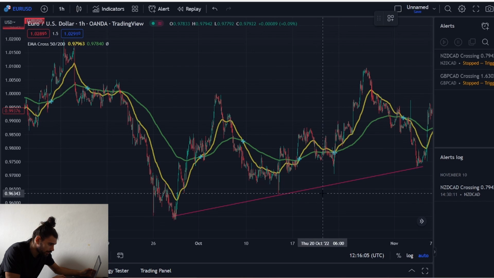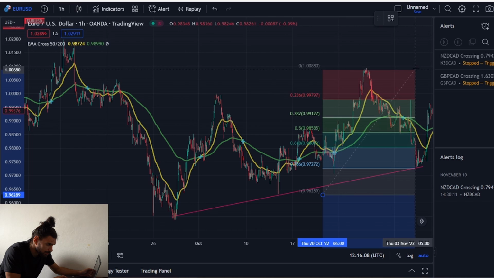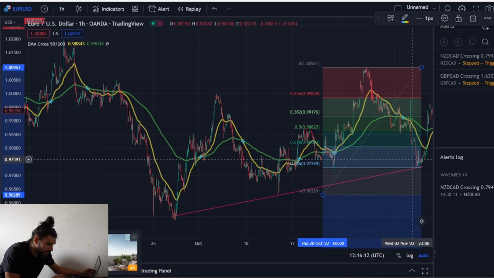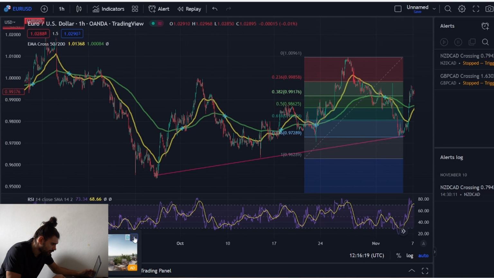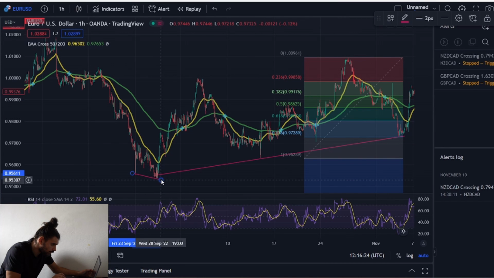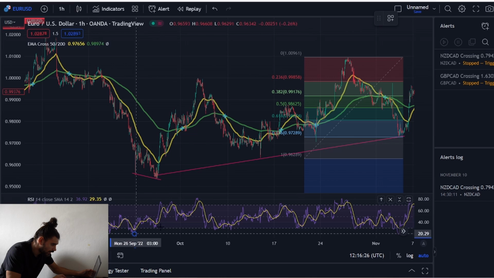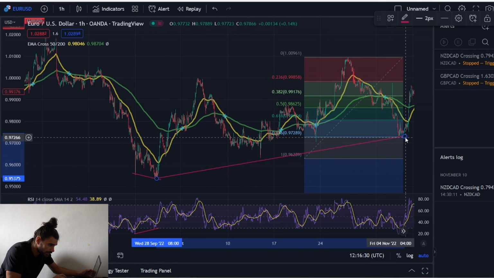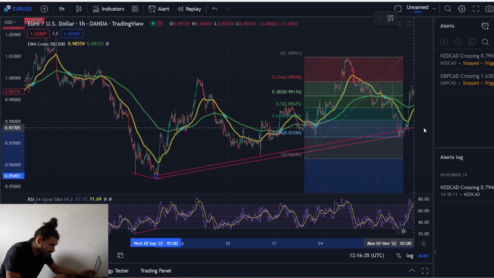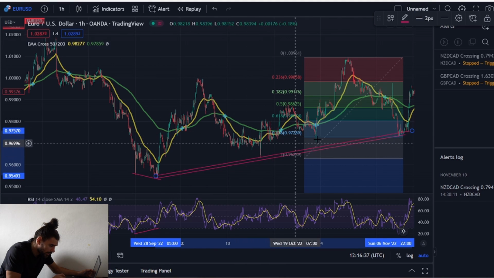If I take my fib from this lowest point to the highest point, the market here came back to my blue area right here and then pushed to the upside. And if I add here quickly my RSI, I can see here this divergence, which here was my lowest point, my starting point for this three strike trend line right around here. So here is my first touch, here my second one, this break, here my third touch,